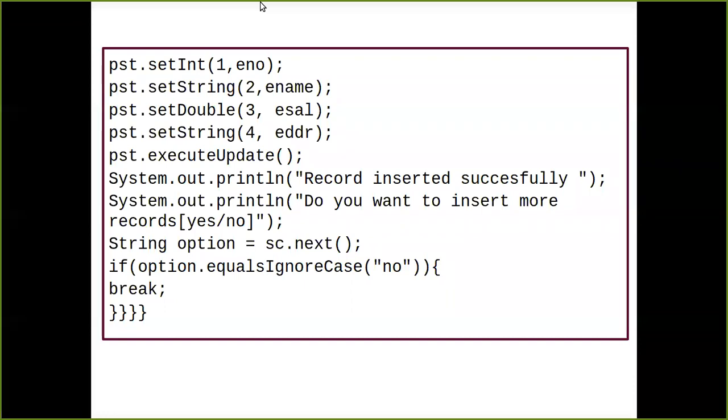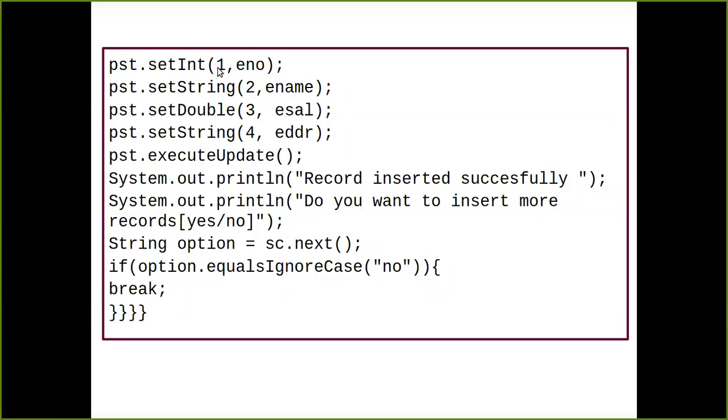Now, inserting those values into my table called employee table, I also have to instruct that please set the value into the row which I have created, and which column I have to put the value, that also I have to mention it. Now, say for example, here what I'm doing, set the integer value. So what is a specific method I have for the prepared statement interface, that is your set int method. Why am I using set int method? Because the first column, that is nothing but your employee number, is holding some integer value, which I have also stored into the integer variable in my scanner class.